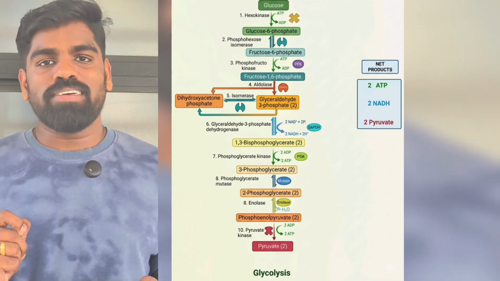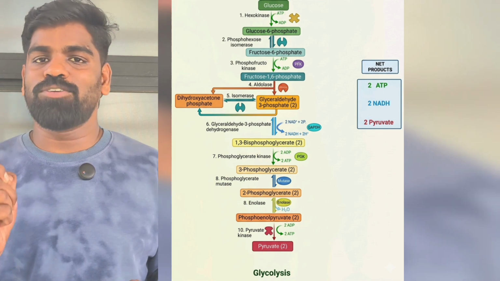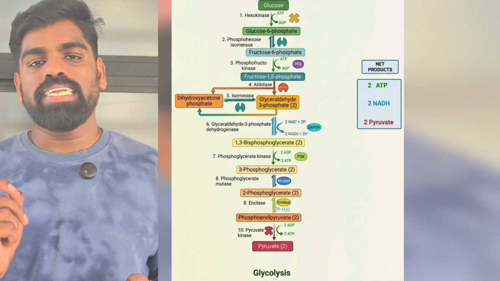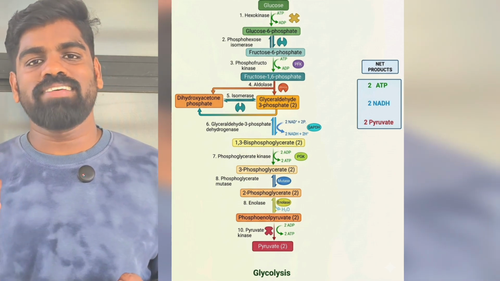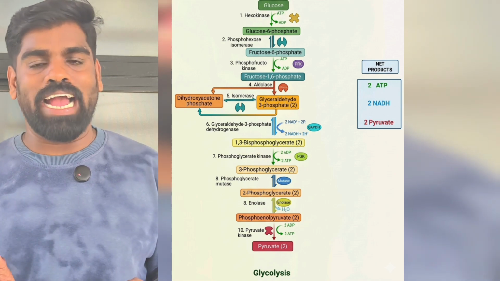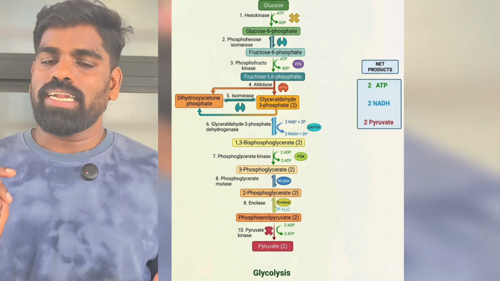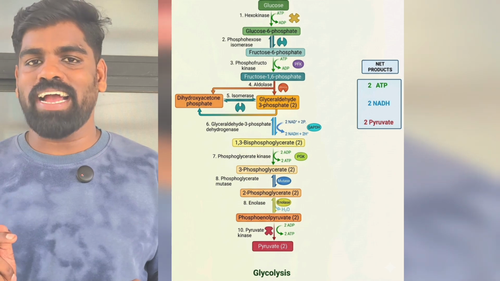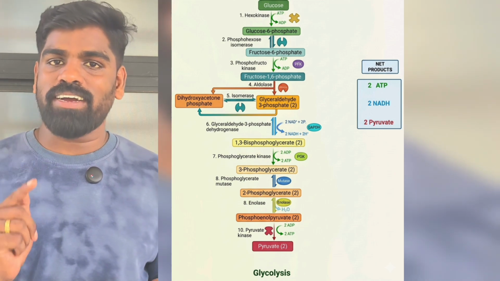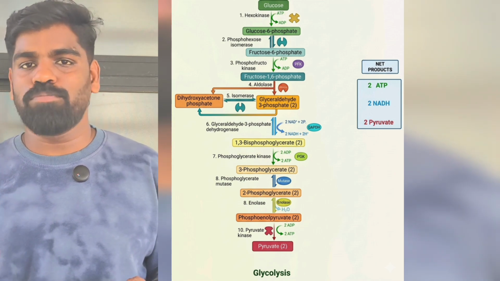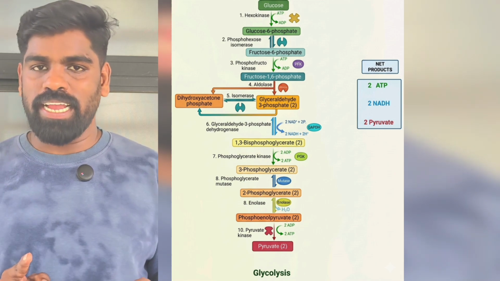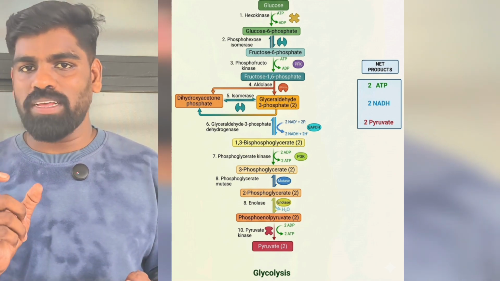Now this glucose 6-phosphate is isomerized into fructose 6-phosphate. Then this fructose 6-phosphate is converted into fructose 1,6-bisphosphate. In the first step, one phosphate group is added at the 6th carbon position, and in the third step, a phosphate group is added at the 1st carbon position. Here also one molecule of ATP is converted into ADP,